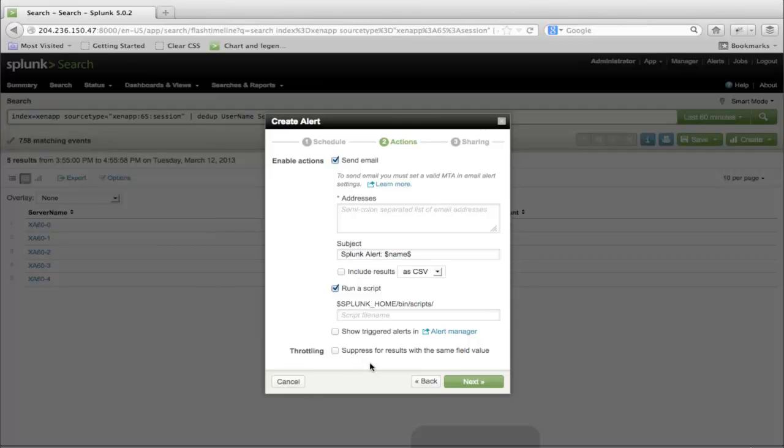I'm not going to click next on this one because I don't have an email system set up. Since this is a hosted demo, there's no email system set up for this to actually go through and deliver the alert. But that's how you would do that, and that would allow you to get email alerts or take corrective action or open tickets or do other things with the alert if you wanted to. Cool. Pretty much the same thing doing visualizations as I'm doing alerts here. So that's all built right in the box as well.